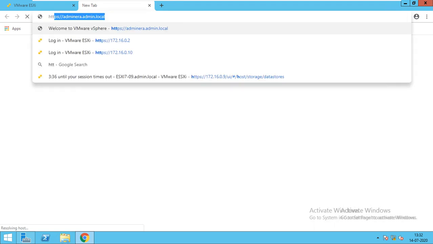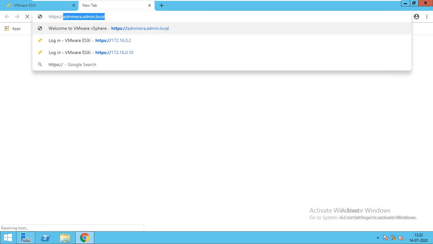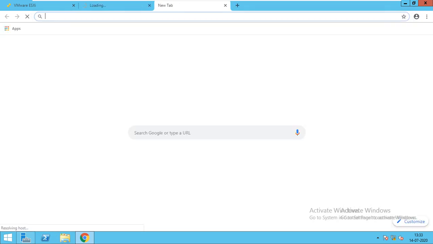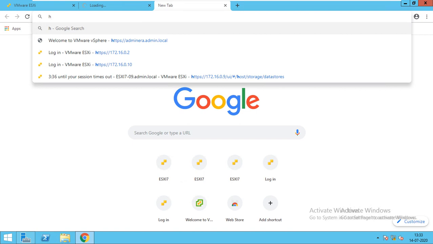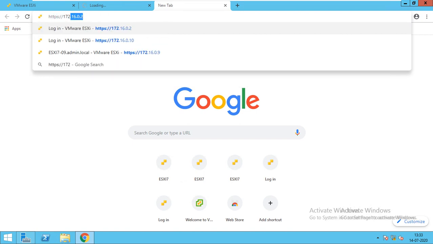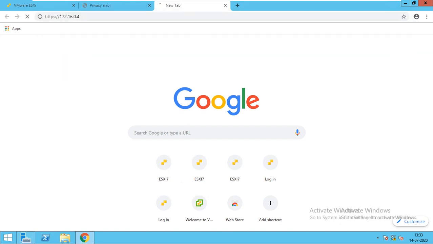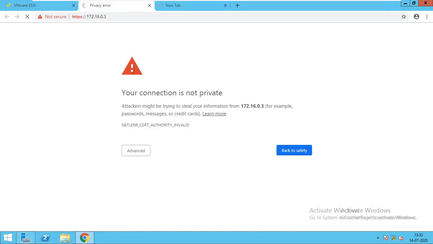Meantime, we'll access the other two servers also. 172.16.0.3, enter, and HTTPS 172.16.0.4, enter. So just go next.